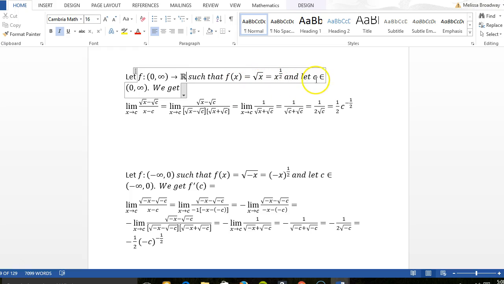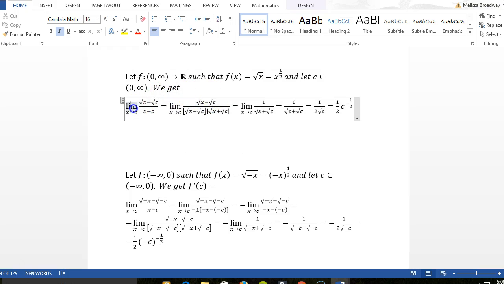So, we're going to let c be in the open interval 0 to infinity. So f is just a function from the positives into the reals, and c is just some positive real number. We get the limit as x goes to c of the square root of x minus the square root of c over x minus c. That's equal to the limit as x goes to c, the same numerator, over